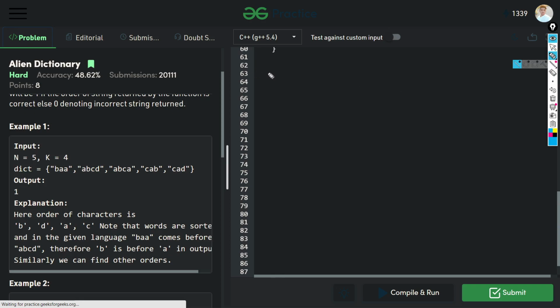Like we are given a dictionary like B A and ABCD.